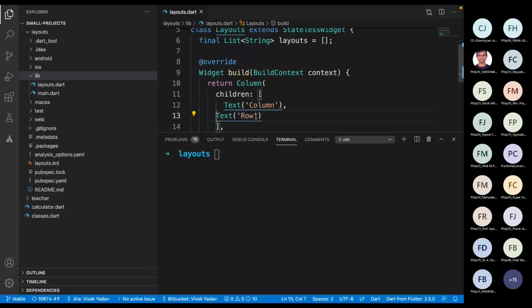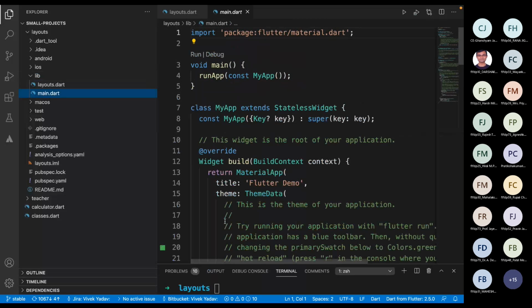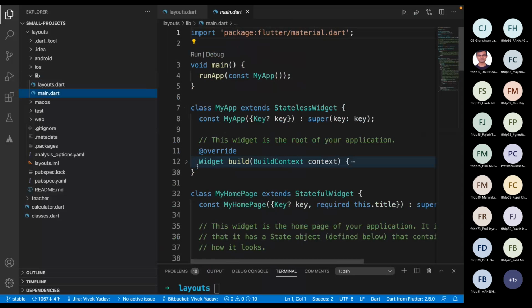Just give me a second, let me update our main class as well. We don't need all this.